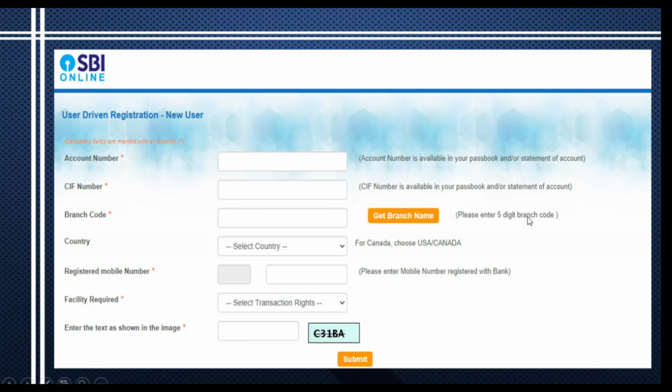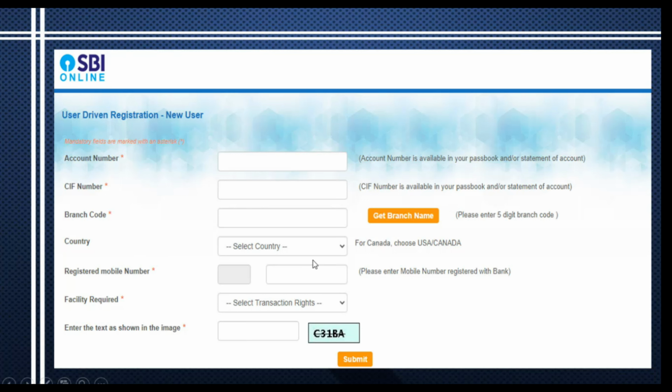As soon as you click your branch, it will give you a 5-digit code here. In case you know the branch code, then make sure that this is a 5-digit branch code. If your branch code is 107, then you'll have to prefix 2 zeros prior to 107. Similarly, other branch codes also you'll have to work on.